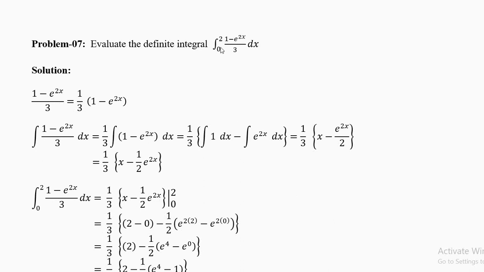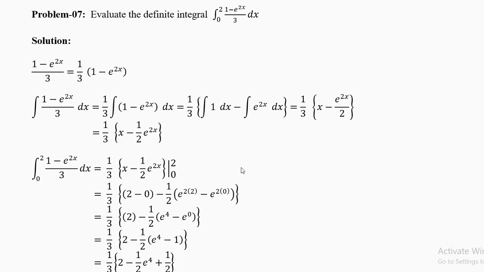Evaluate the definite integral from 0 to 2 of 1 minus exponential 2x divided by 3. Now, don't look at 0 and 2, but first let's examine the function. This over 3, you can write it as 1 by 3 and in the bracket write 1 minus e power 2x. Now this 1 by 3 is outside common. Inside you have 1 minus e power minus 2x like this. Look at the bracket here. Now keep the 1 by 3 out. Now integrate one term at a time. Second time you integrate e power 2x with the minus outside. Now this will become x and this will become e power 2x by 2. So you can write it as 1 by 3 outside, x minus half e power 2x. Do not open this bracket.